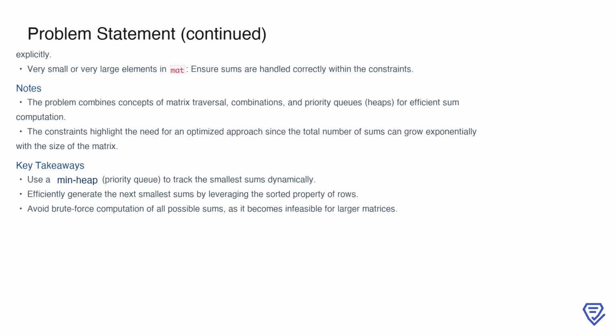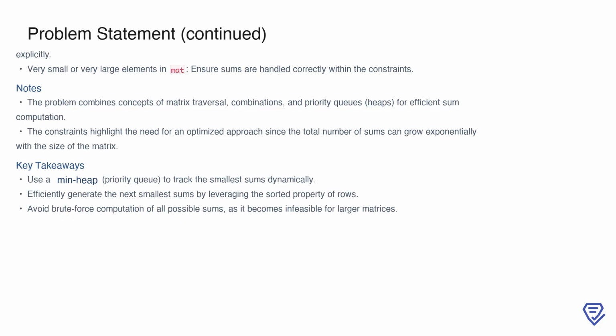The matrix can have up to 40 rows and 40 columns, and the values in the matrix can be as large as 5,000. The value of k is capped at the minimum of 200 or the total number of possible sums. Edge cases include single row or single column matrices, and scenarios where k approaches the total number of sums, requiring optimized computation. Brute force approaches become infeasible as the matrix grows, highlighting the need for a min-heap or priority queue to dynamically track the smallest sums. By leveraging the sorted property of rows, we can efficiently generate and manage the next smallest sums without exhaustively computing